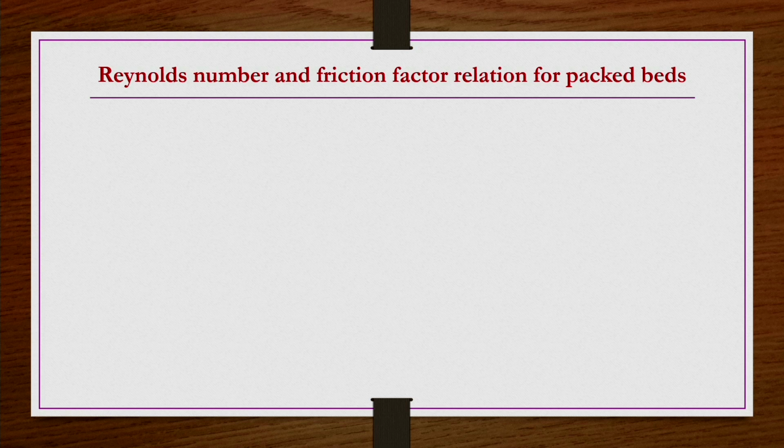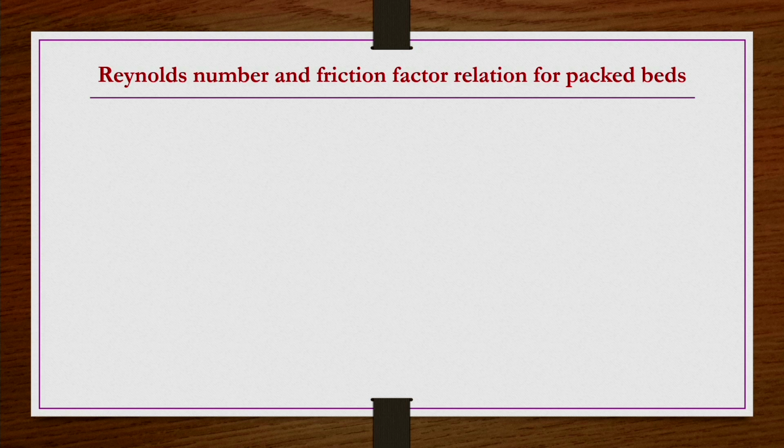So, before representing this Ergun equation in terms of those dimensionless parameters, we try to write what those dimensionless parameters are for a packed bed. For a single particle, the Reynolds number we know is dP V bar rho by mu. But if you have a packed bed packed with different types of particles, then what is the Reynolds number? Is it the same one or a different one? That we define. Similarly, for the friction factor for flow through an empty column, we know it is tau W by rho V square, that we know.